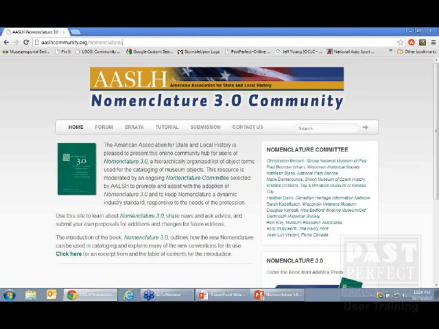I have up on the screen now my Google Chrome browser with aaslhcommunity.org/nomenclature. We'll put a link to this on our website if it's not already there. But that gives you the URL to get to this page, which maybe you can describe a little bit about what's on this website. Yeah, so what you're looking at right now is just a little bit of an introduction to the website. If you could click on Forums,